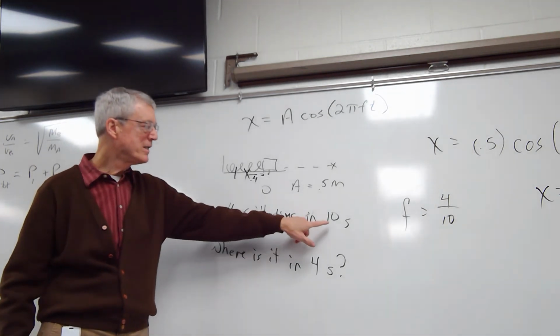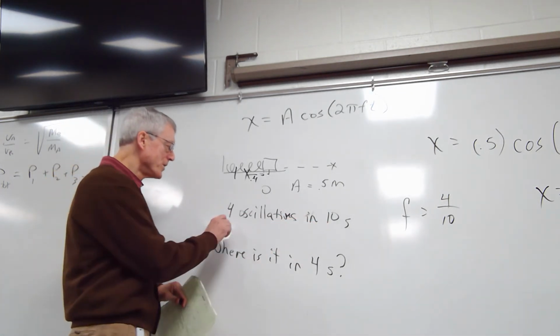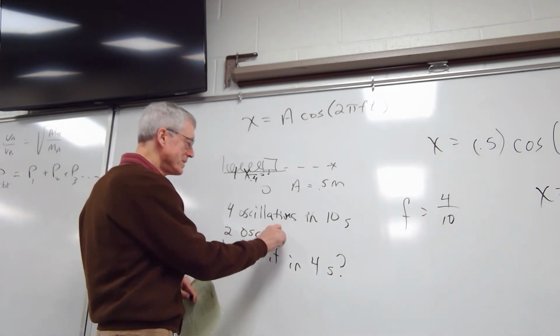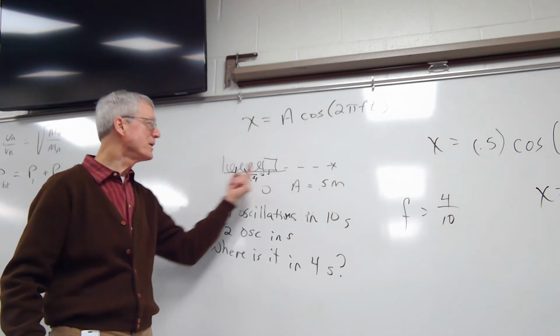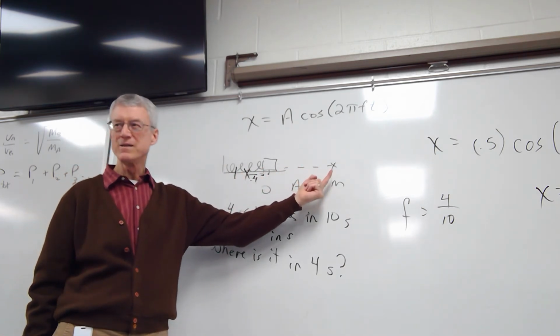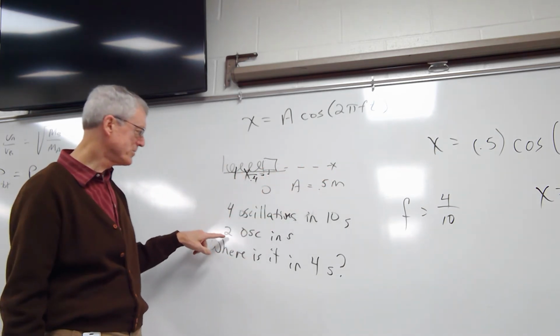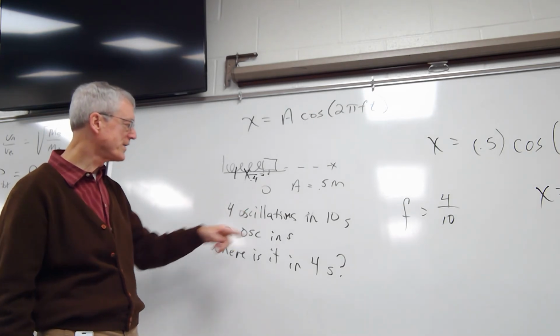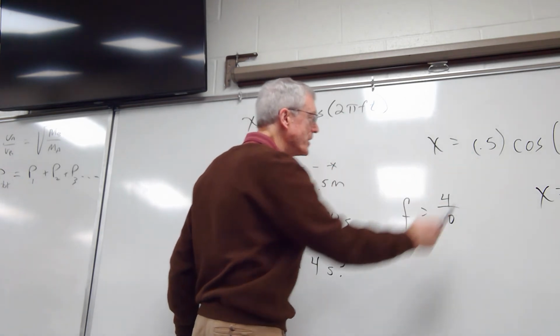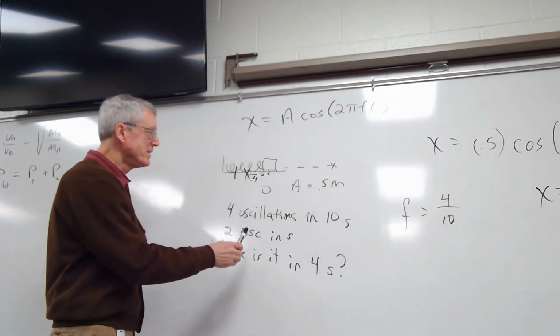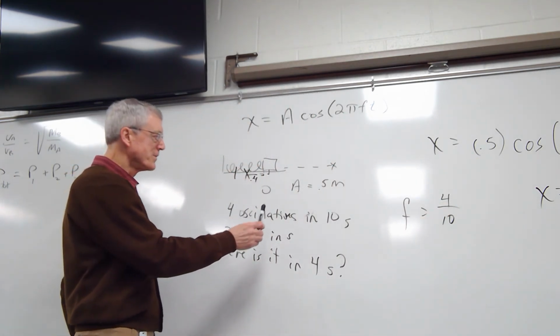And then in 5 seconds, it would have gone 2. Right? In 5 seconds, it would have gone completely here and back and here and back. Is that true? 4 in 10, so 2 in 5. Yeah. So in 4 seconds, which is what the question was,